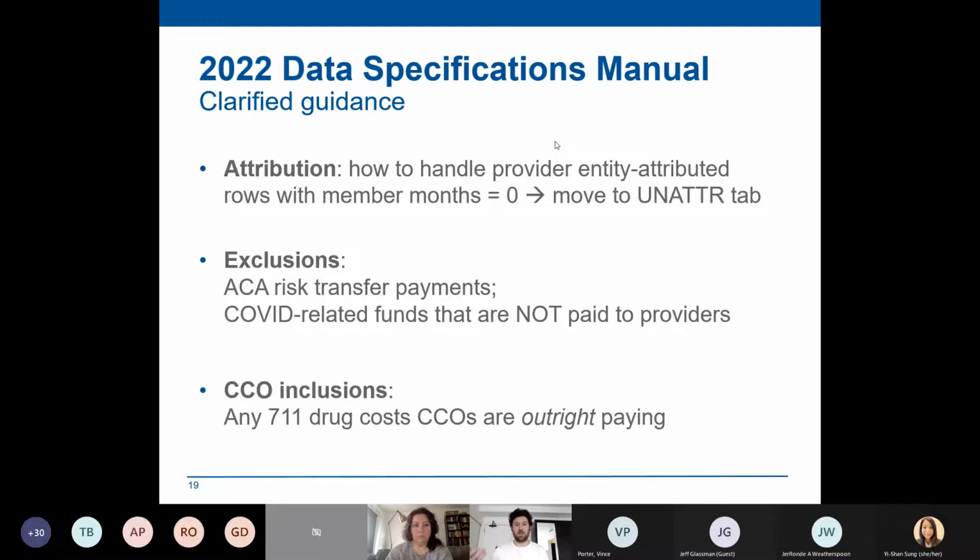And then including 7-Eleven drugs for CCOs. That's a CCO-specific thing, I believe. We have a little bit more language about specifically when you should or should not include 7-Eleven drugs, just for some of the confusion that we had in this last payment year. Let's go to the next slide.